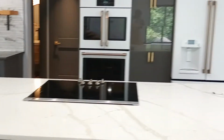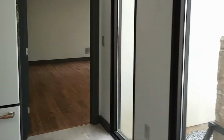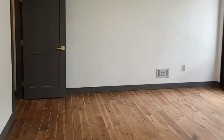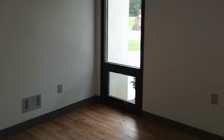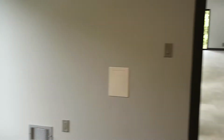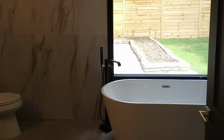Let's go and see what this room back here is doing for us. This is the one bedroom on the main level. We've got those great windows there, and it is giving us a shower in this room. So there's your closet there. They haven't quite yet put it up. And this